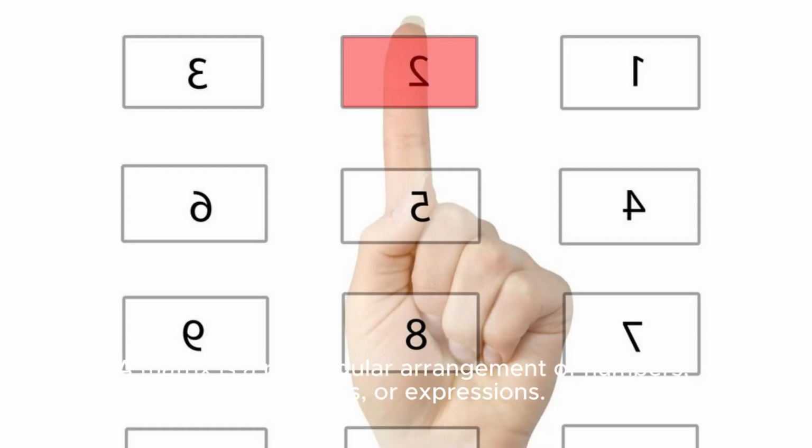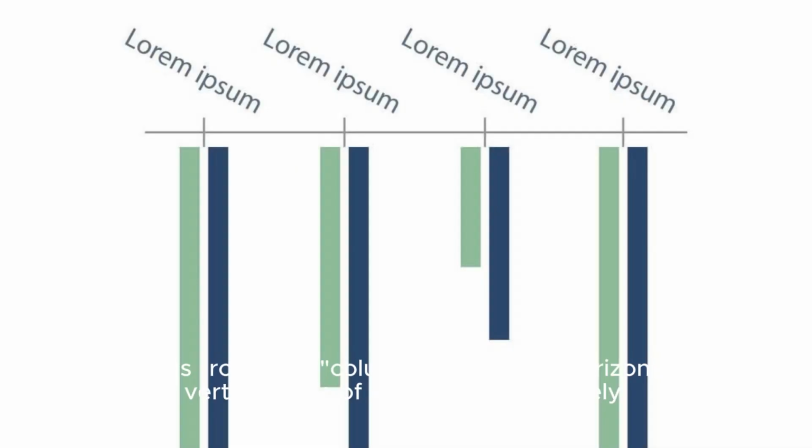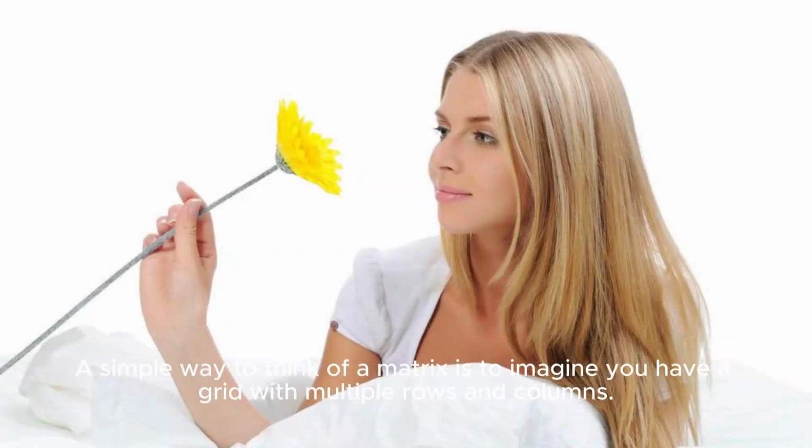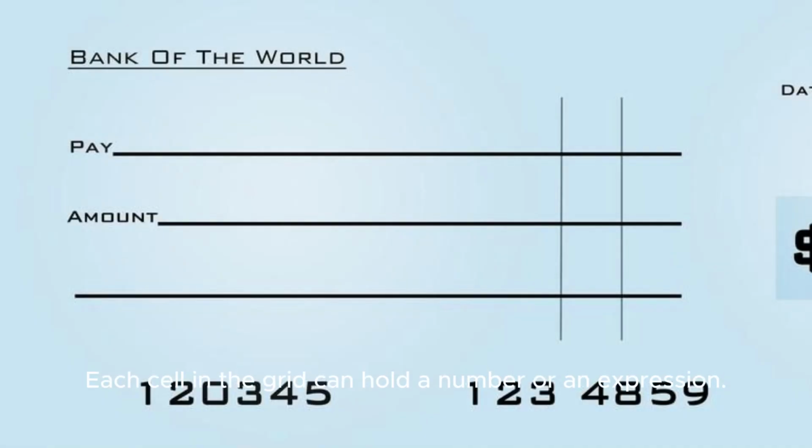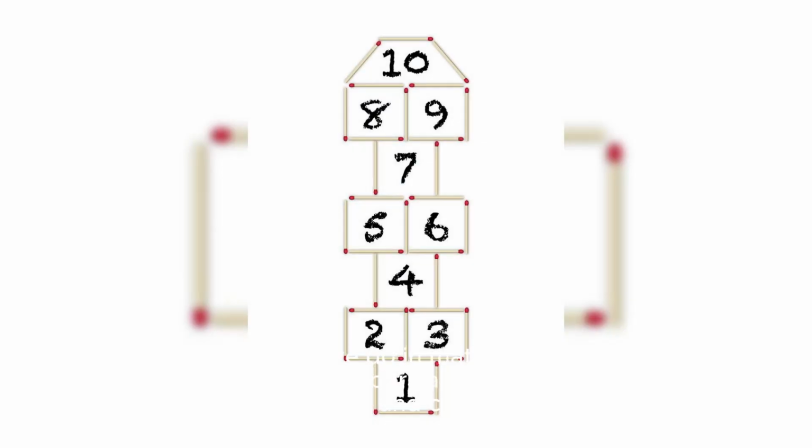A matrix is a rectangular arrangement of numbers, symbols, or expressions. It has rows and columns, just like a table. The terms row and column refer to the horizontal and vertical sides of the table, respectively. A simple way to think of a matrix is to imagine you have a grid with multiple rows and columns. Each cell in the grid can hold a number or an expression. This is similar to what we do in mathematics when we use square tables, where numbers and expressions are placed